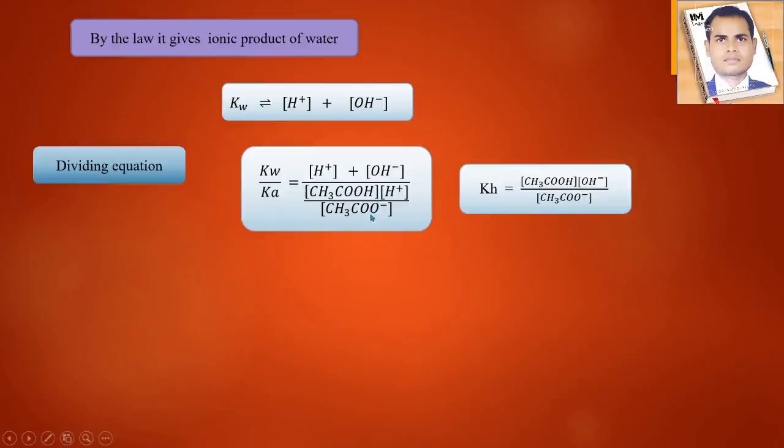The acetate group will be here, and the acetic acid goes to the upper side. So you will write it in this way: the concentration of acetic acid times the concentration of OH minus, divided by the concentration of the acetate group. So it will be the Kh. Kh means hydrolysis constant, the hydrolysis constant for the salt. So you will write it in this way: Kw divided by Ka,